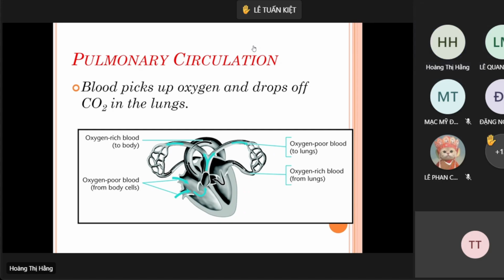Capillary. Capillary and between the capillaries and